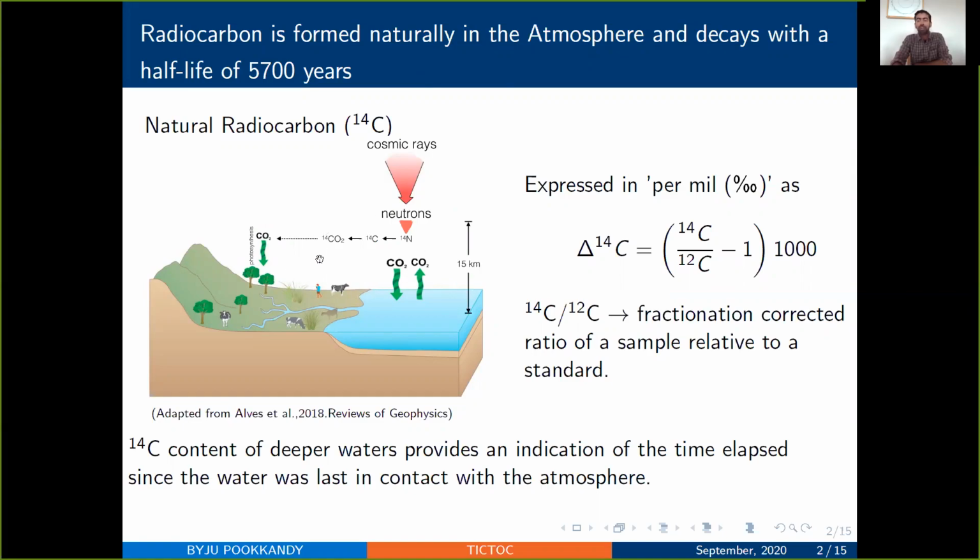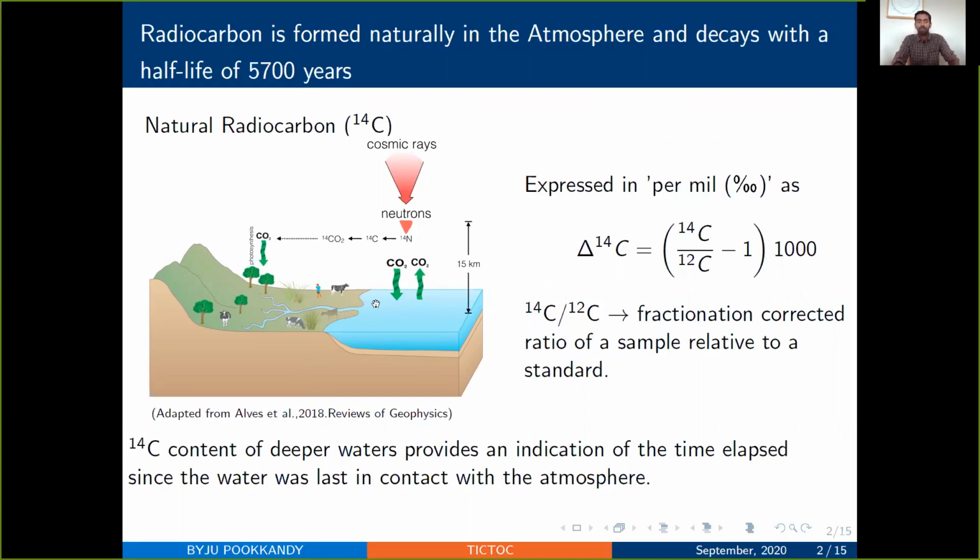Radiocarbon is naturally produced in the upper atmosphere by cosmic ray interaction with a nitrogen atom, where it is rapidly oxidized to CO2 and becomes available for incorporation within the global carbon cycle, and it decays with a half-life of 5,700 years. This natural radiocarbon is very useful in understanding deep ocean circulation because its abundance in the deep ocean is a direct measure of the time elapsed since the water was in contact with the atmosphere,